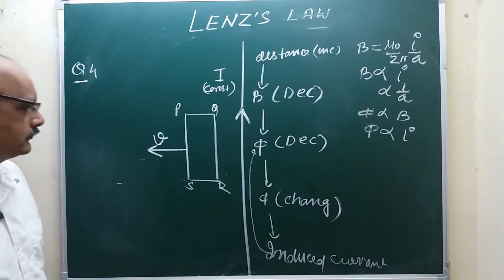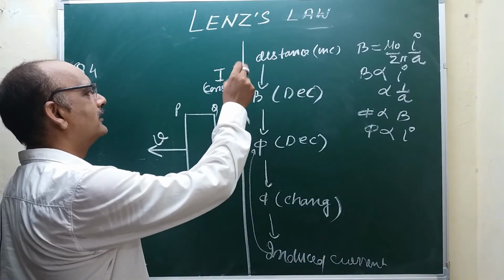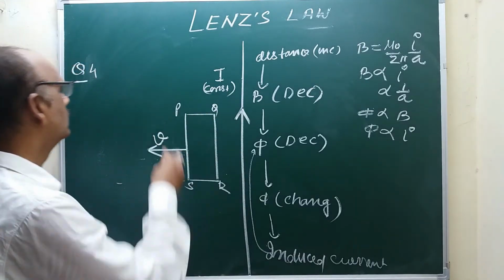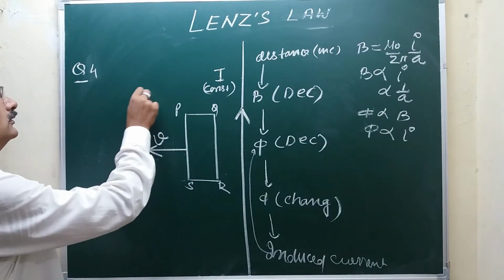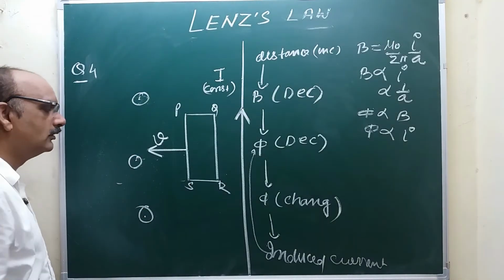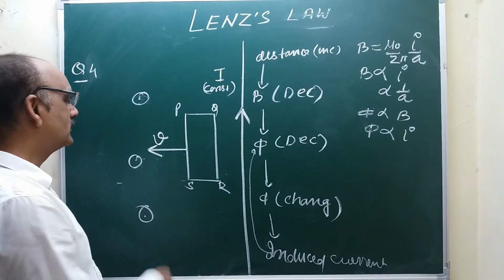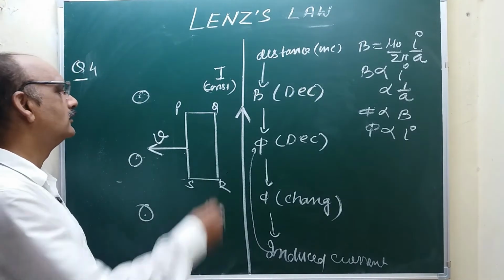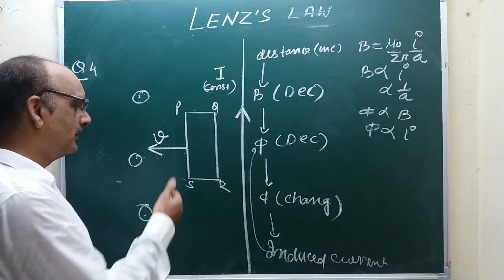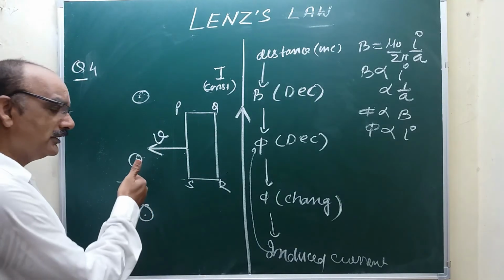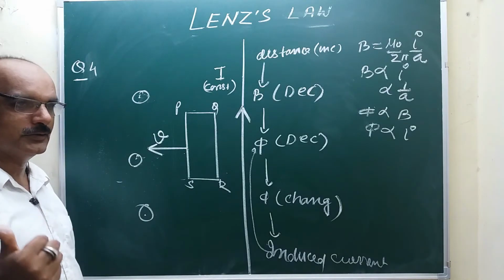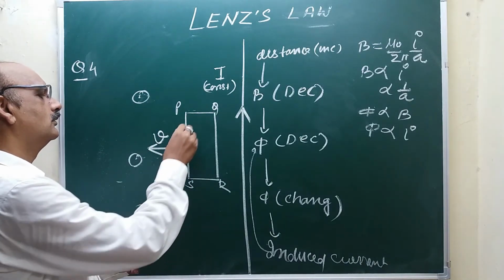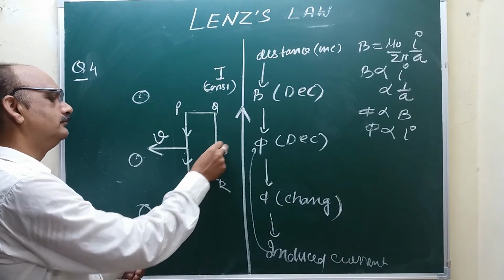अब the magnetic field due to this current carrying conductor will be in outward direction, in this direction. It means that induced current will flow in such a way that the magnetic flux due to induced current will be in outward direction. क्यों? क्योंकि इस डायरेक्शन में मैग्नेटिक फ्लक्स कम हो रहा है, डिक्रीज हो रहा है. ठीक, तो this will be the answer in this question.